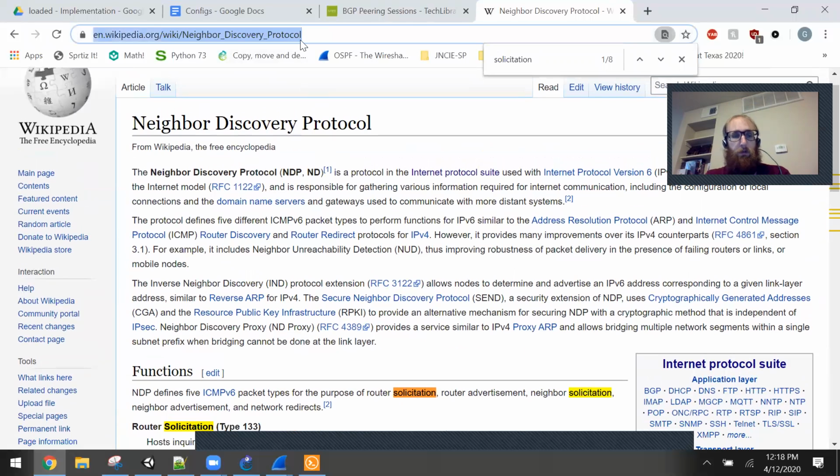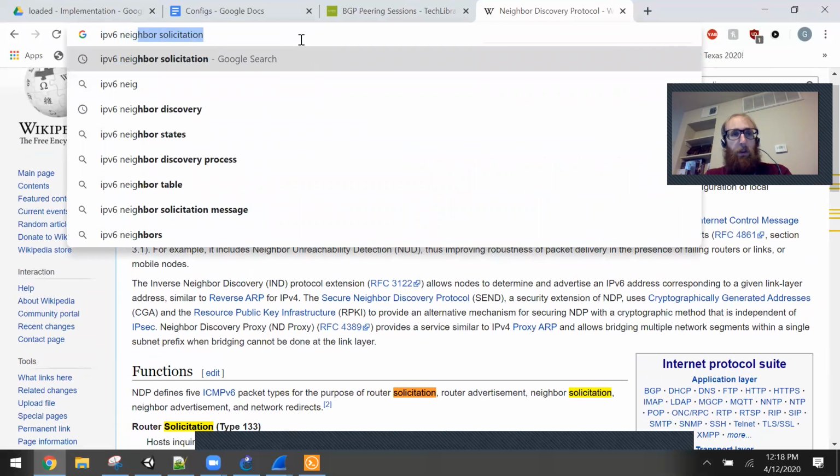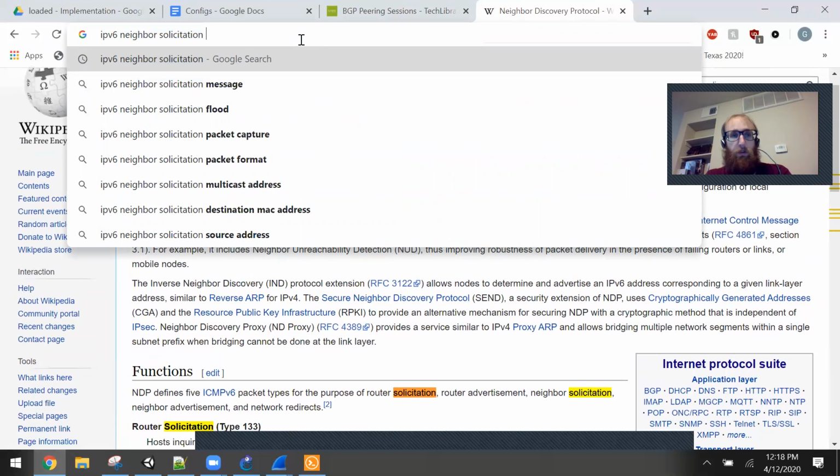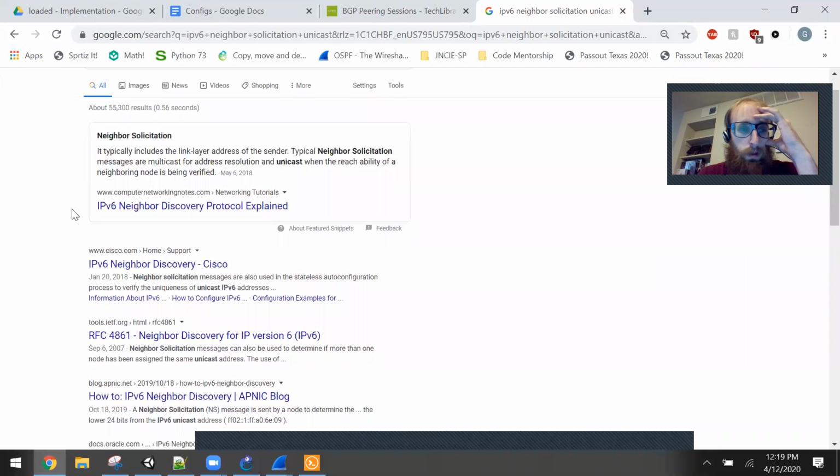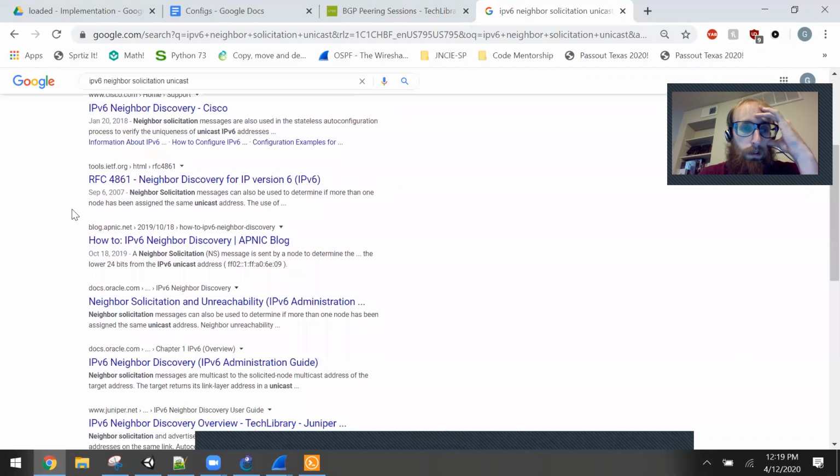One thing we can also do is search for IPv6 neighbor solicitation unicast and see if somebody says, typical neighbor solicitation messages are multicast for address resolution and unicast when the reachability of a neighboring node is being verified. Okay, so that's kind of a